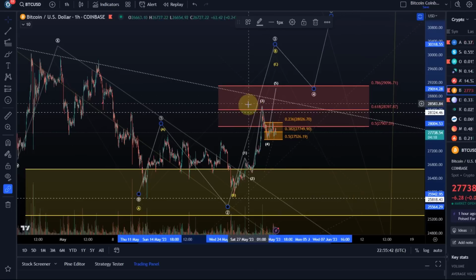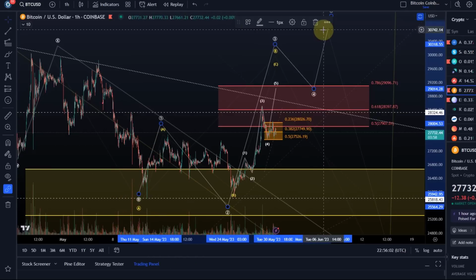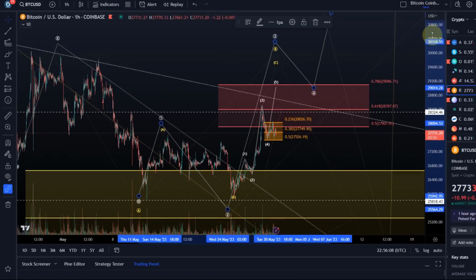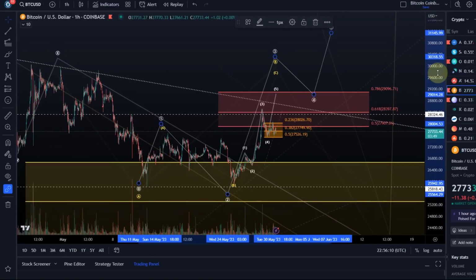As soon as we have a clear top in place, I will give you the support area that is relevant, the pivot point that we need to be watching out for. And that's basically the situation. Again, I'm skeptical towards the short-term bullish count until I see that we are getting 5 waves to the upside. If we have these 5 waves complete, and that could certainly go into the 30K, low 30K region maybe, or even 32K only,